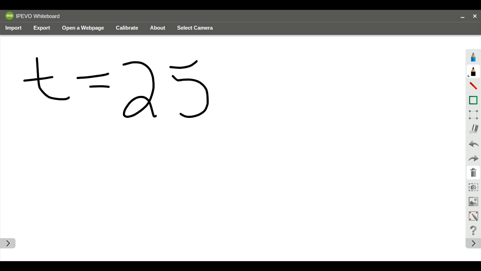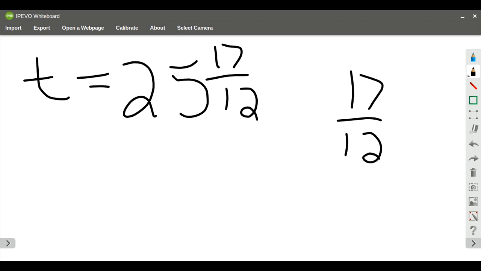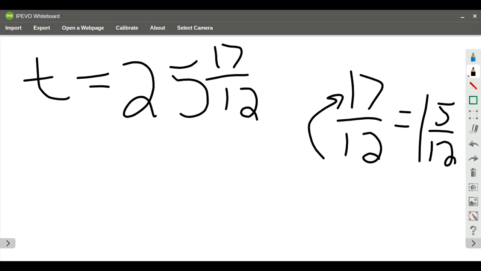Now, because I know that t is the correct value, I'm going to go ahead and simplify that to where I don't have an improper fraction. So I have 25 and 17 twelfths. And when I take a look at that, just take a look at the 17 twelfths. 12 goes into 17 one time with 5 left over. So 17 twelfths is equal to 1 and 5 twelfths. Well, if I add my 1 and 5 twelfths to 25, t is going to be equal to